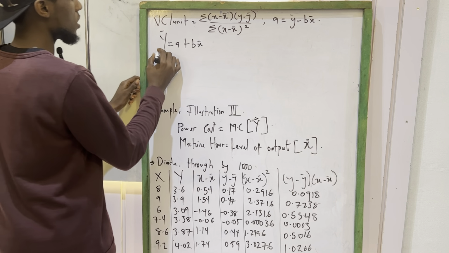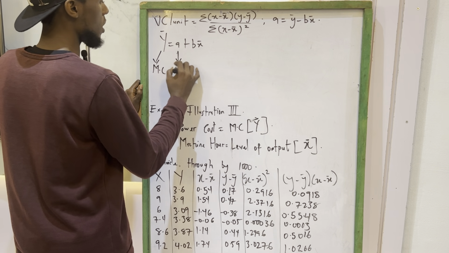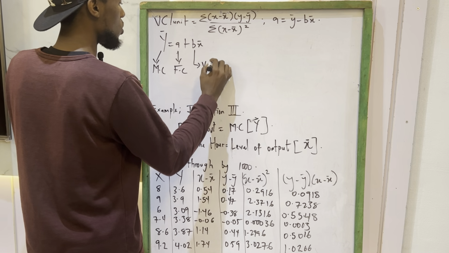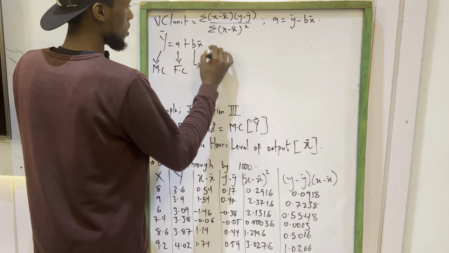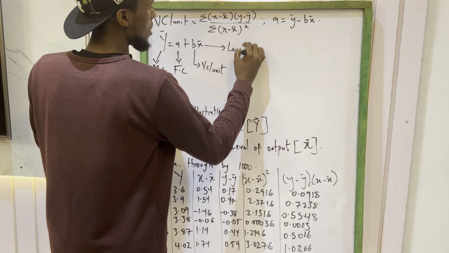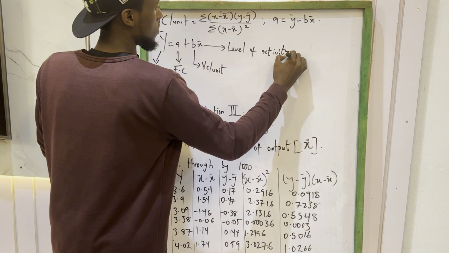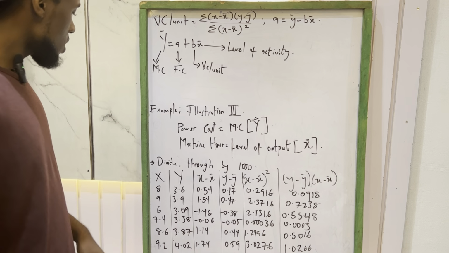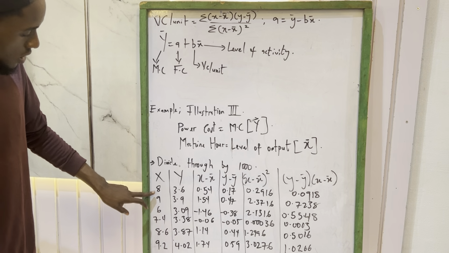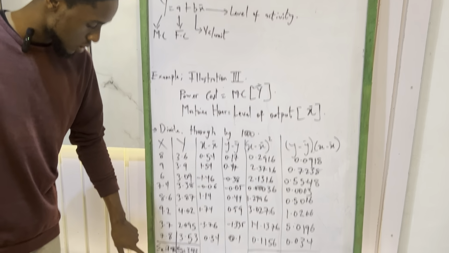Okay, so we said this is representing our mixed costs, this is representing our fixed cost, this is representing our variable cost per unit, and this is representing our what? Yes, you are correct, level of activity. Okay. Now we had our X. All right. 8 plus 9 plus 6 plus 7.4, plus this plus this plus this. We got